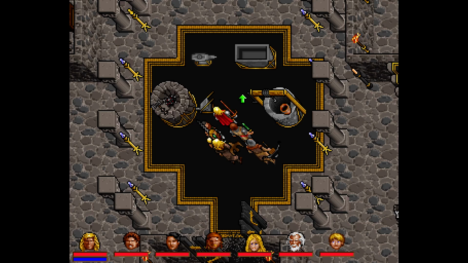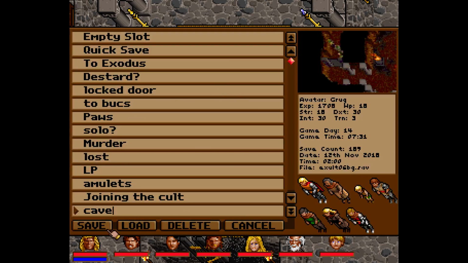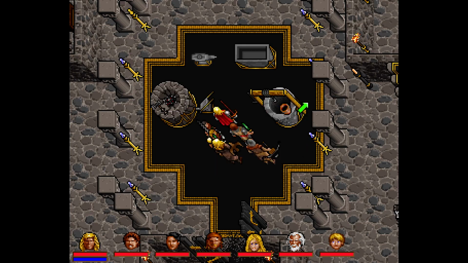If I remember correctly, we have to fill the trough here with water. We have to put the blade here and heat it up, then move the blade here and hammer it, and then dip the blade in the water. So we're going to save our game in case we mess this up. We'll save over where it says cave. Alright, so let's go ahead and let's